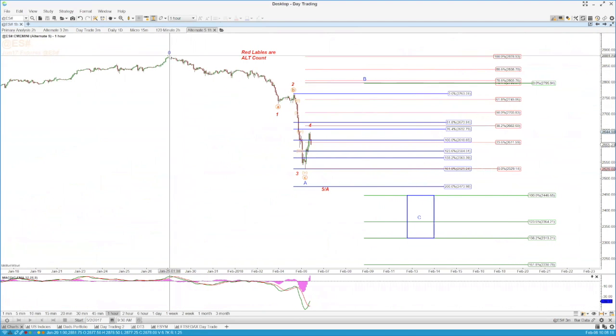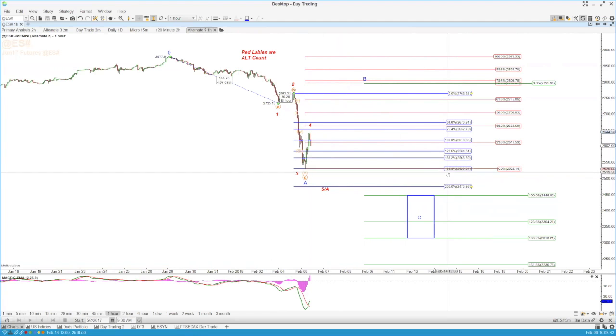This point at 0 here is the high we saw last week. And I think what we have here is most likely an A, B, C for a completed A wave. And that's my primary expectation at this point. So if I take the length of this A wave and project it off this small B wave, you can